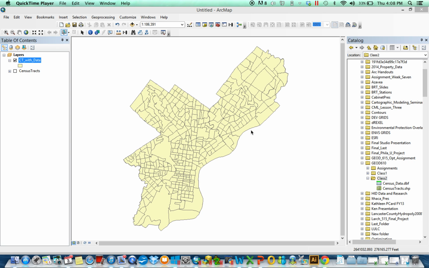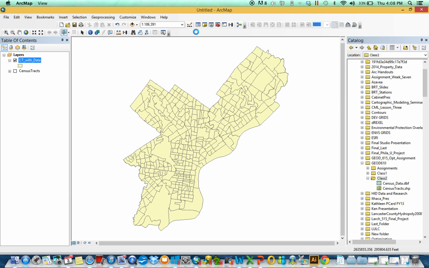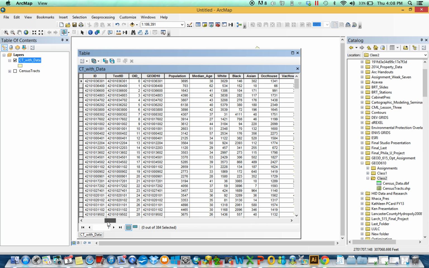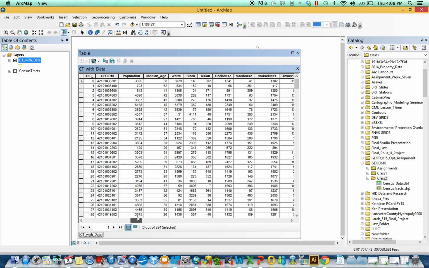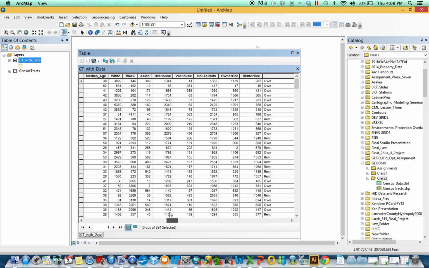This next tutorial will be a basic introduction to symbolizing layers. In a previous tutorial we took census tracts and then we joined population data. So now for 384 census tracts we can see population, age, some things to do with occupancy,